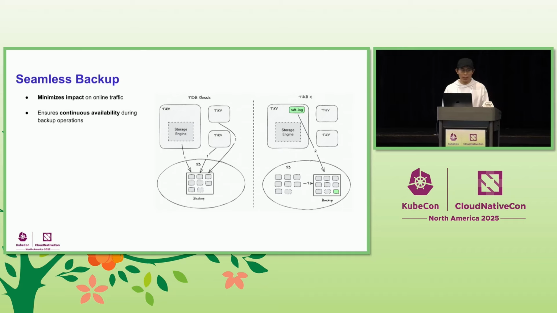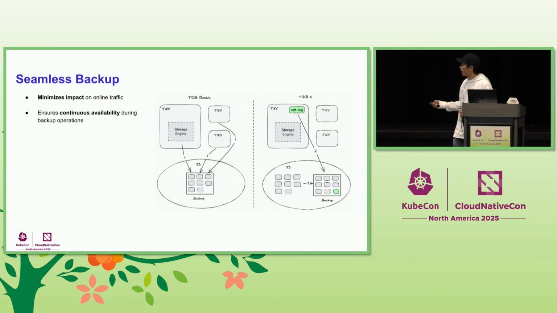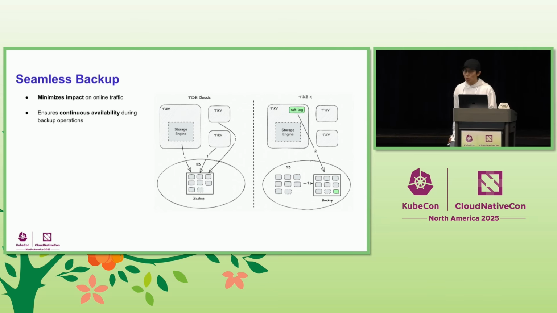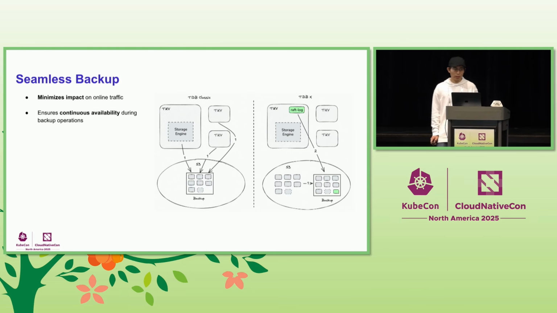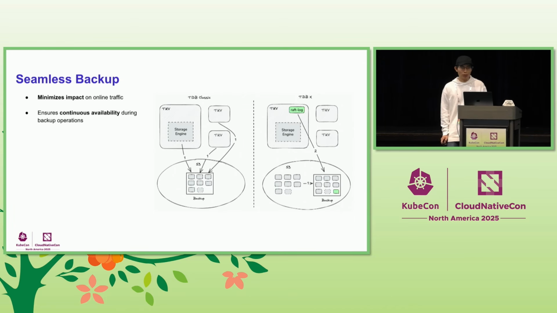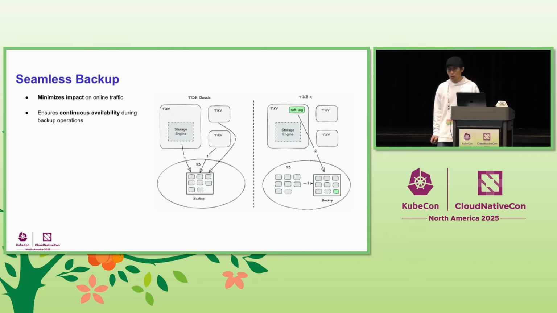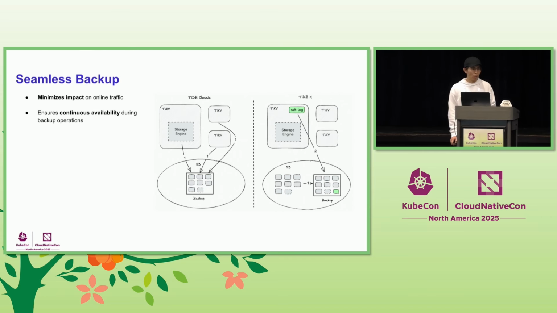When we come to backup, in the classic architecture, we need to copy the data from different storage nodes. And this will also introduce some interference with online traffic. So we need to introduce some resource throttling, a backup throttling mechanism, to make sure the backup work doesn't impact the online traffic's latency. And by introducing remote object storage, the majority of data is already in the object storage,